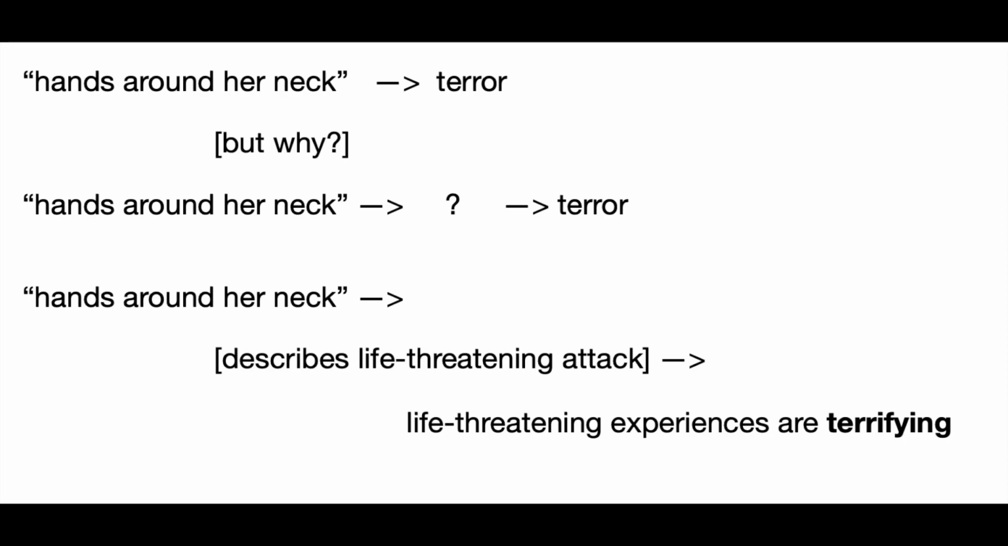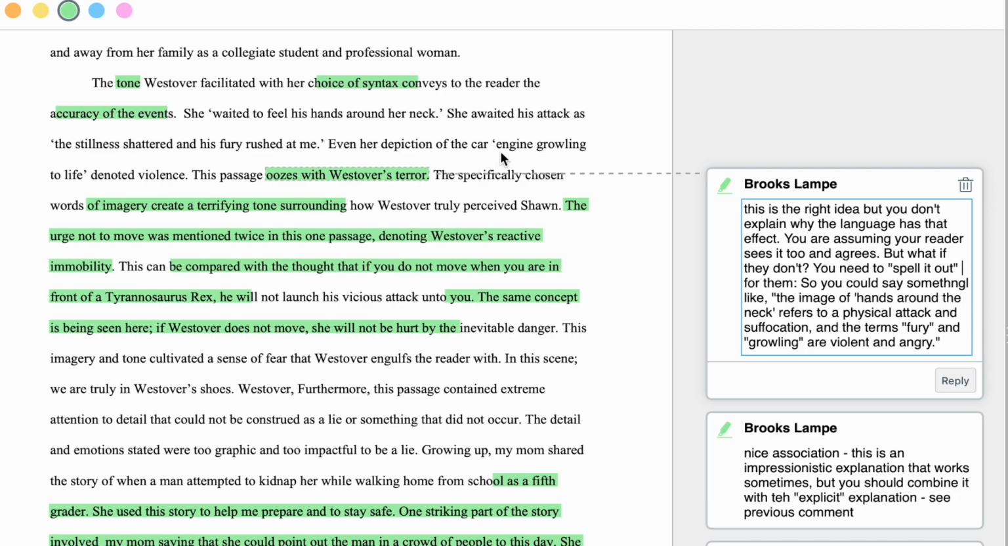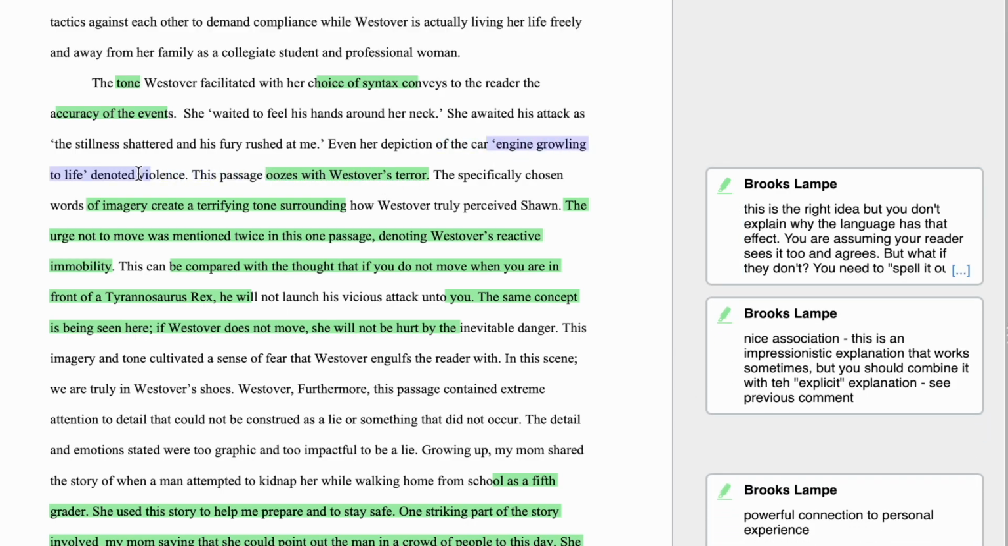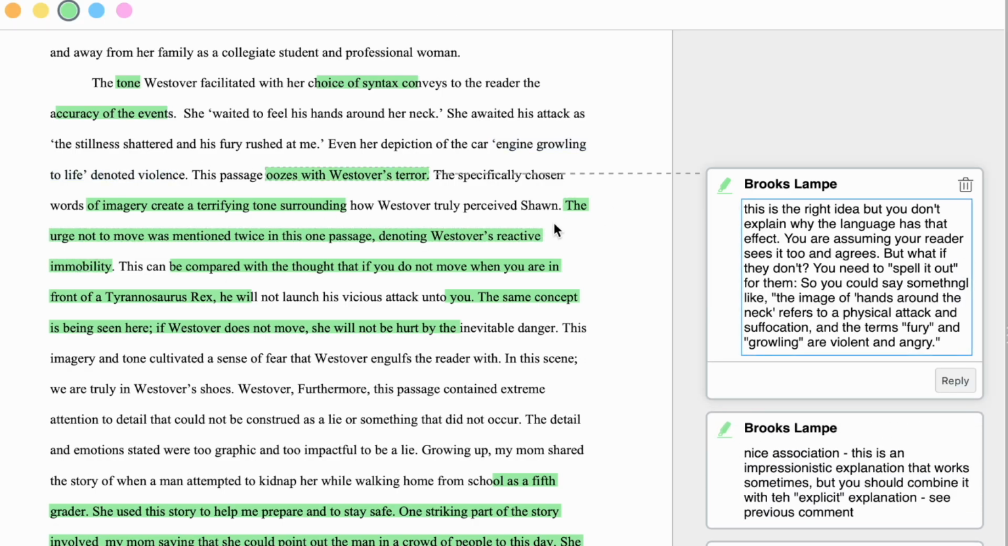So this sort of implied or assumed association with this image could actually be stuck in here as a way of fully developing, fully explaining the process that's happening. I also think this one's a little more subtle. The student says that the engine growling to life denotes violence. That's very interesting. I think I can put two and two together in my own critical thinking brain